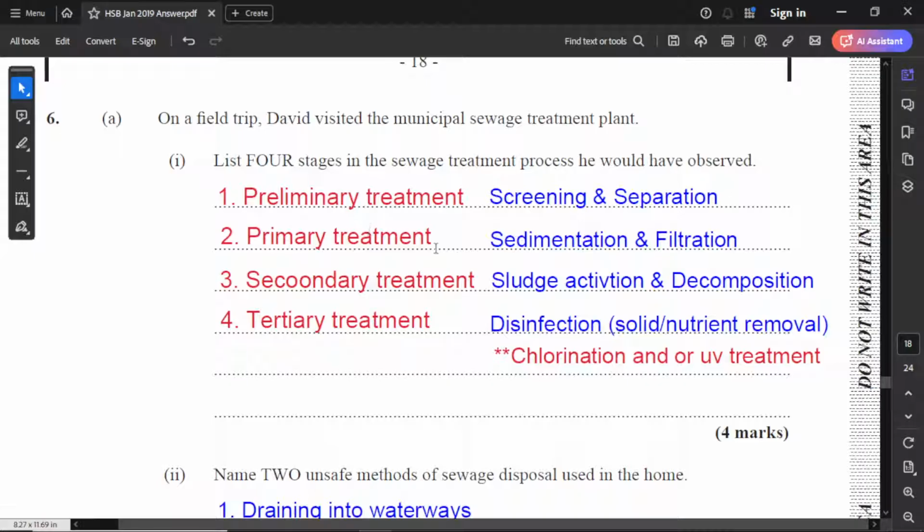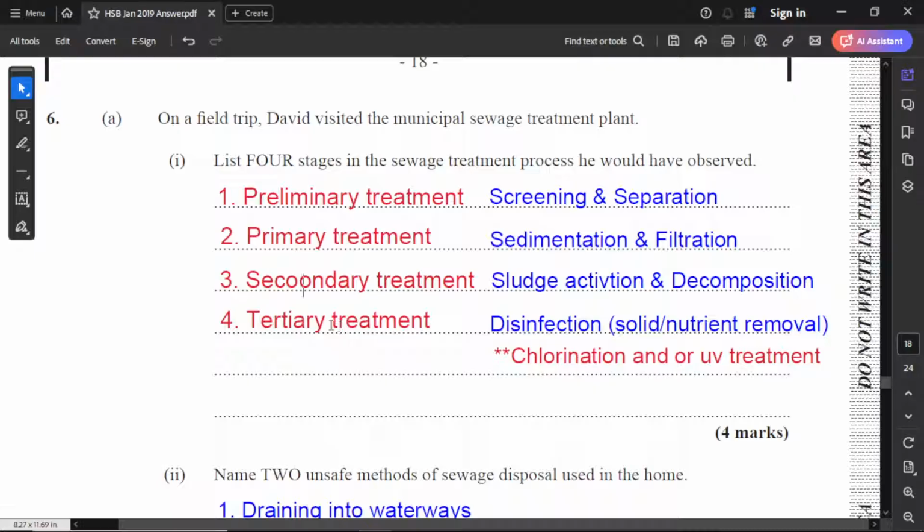And then you have a primary treatment, which includes sedimentation and filtration. This is pretty much where you're going to remove larger solid particles. And then you're going to have secondary treatment, and that is where you have the activation of sludge and also decomposition. This is when you have biological decomposition. That means microbes will be there to help with the decomposition process of the organic materials that are present in